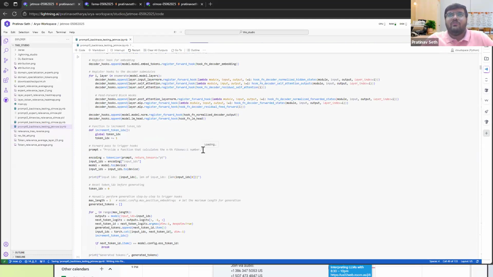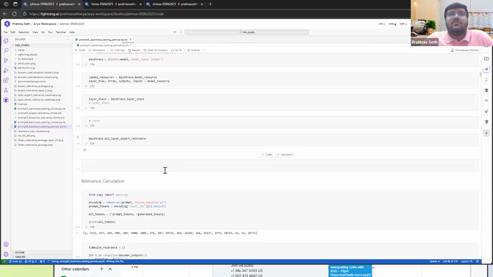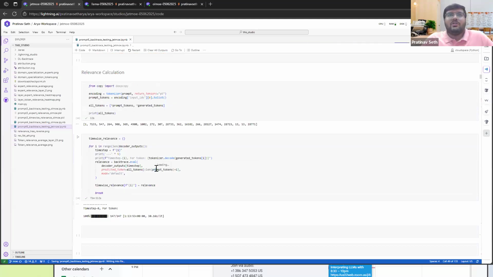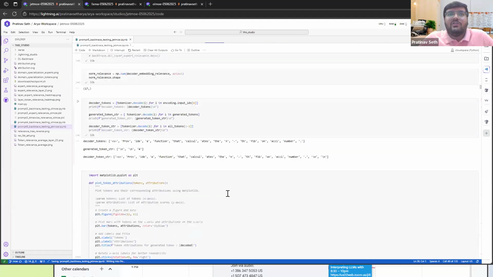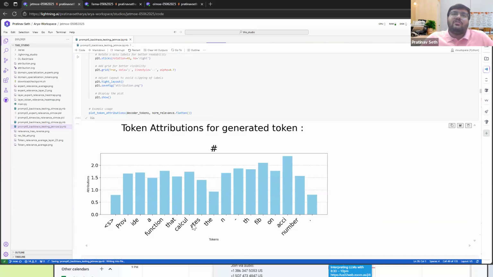What we are doing here is computing the relevance using backtrace.eval, which is similar to what you have. And then you are able to see what is important.